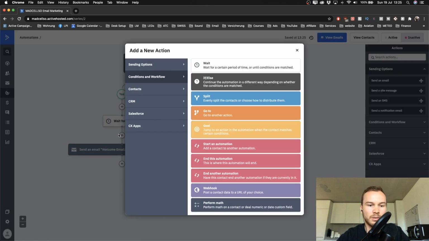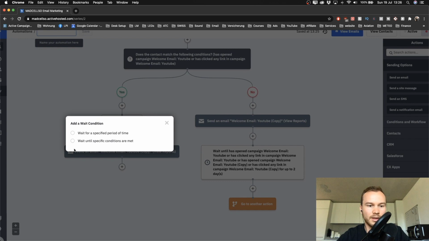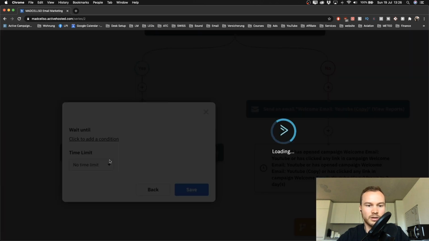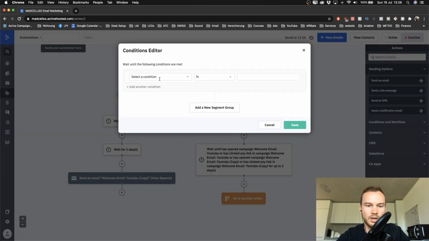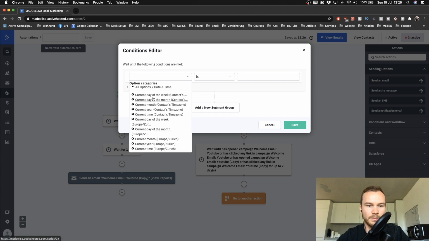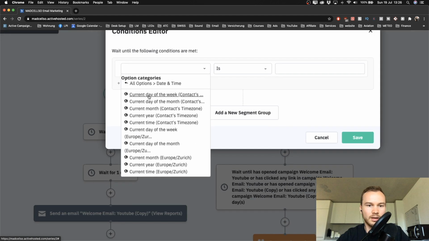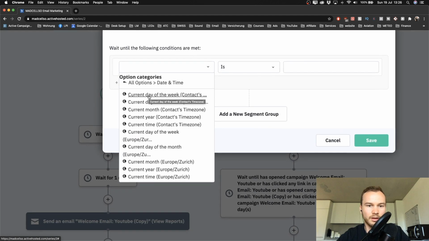So I'm going to click on the plus sign here between wait and the email that I'm sending, and then I'm going to click on wait again, and then on wait until specific conditions are met. So we're going to select the condition, date and time, and then I want to have the current day of the week, contact's time zone